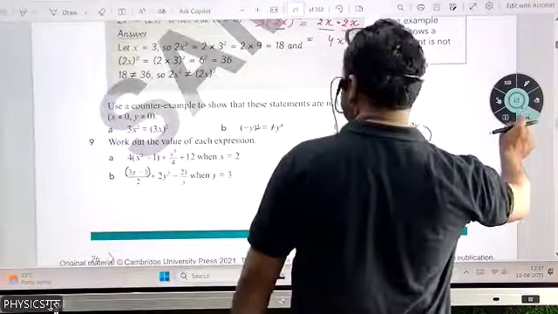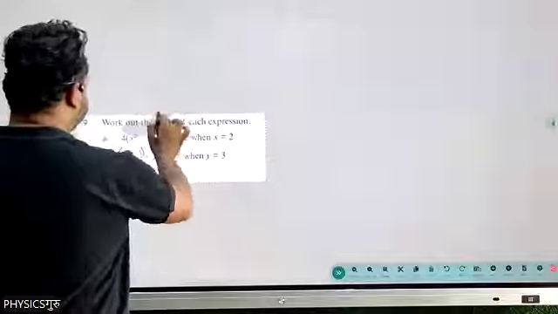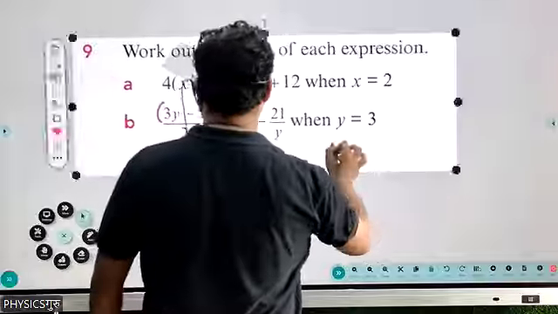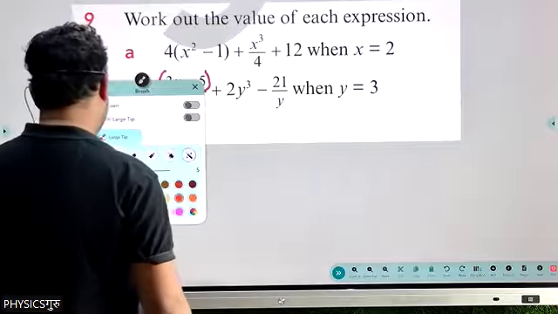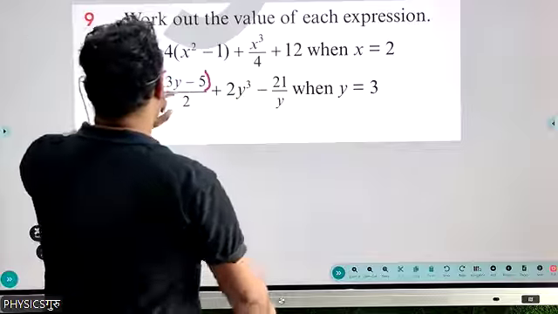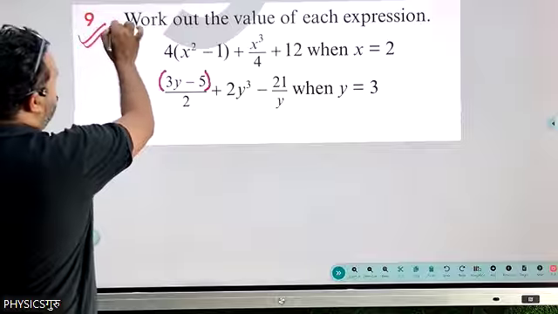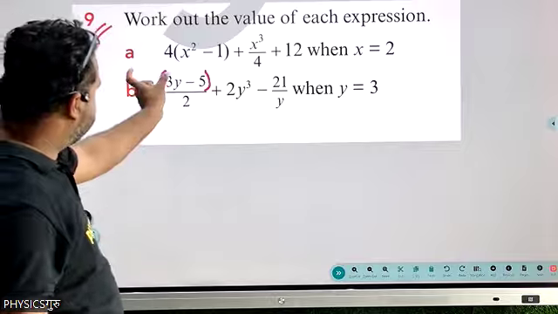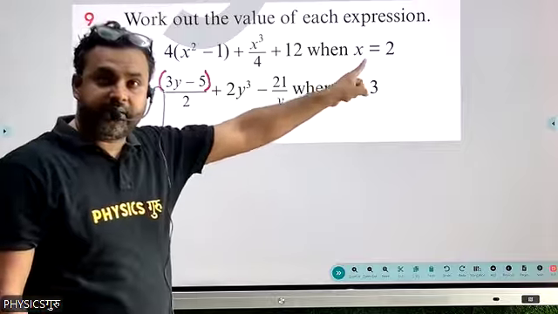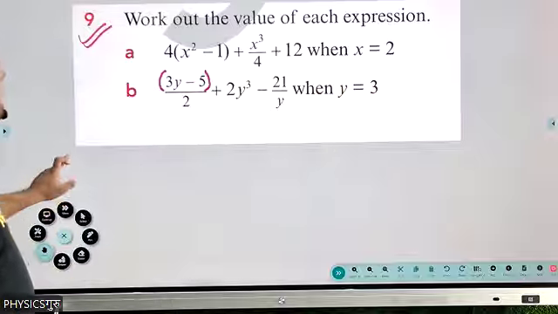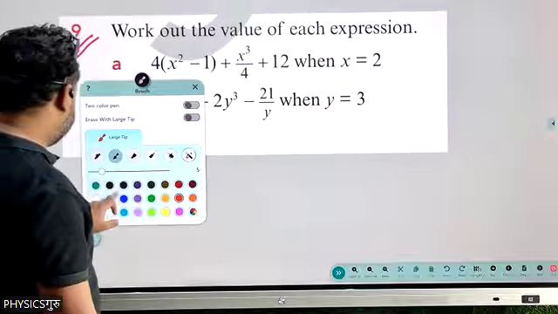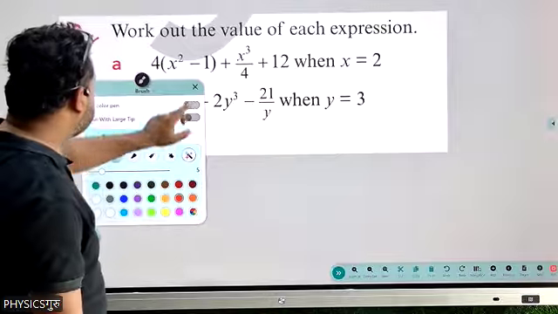Now question number 9. Work out the values of each expression. So the expression is given. We need to find the value. So how to approach such types of questions? Simply use brackets. So first one, it is 4 times (x squared